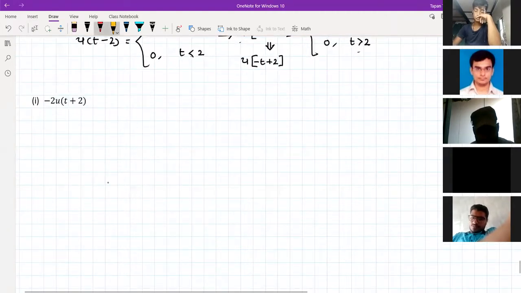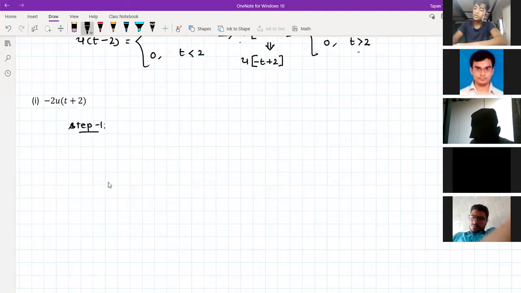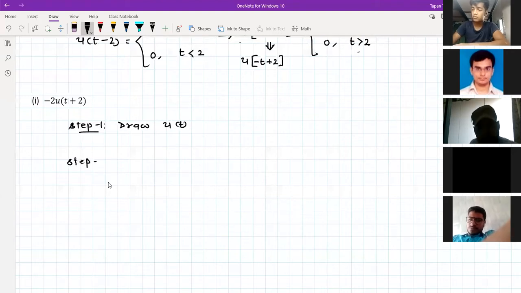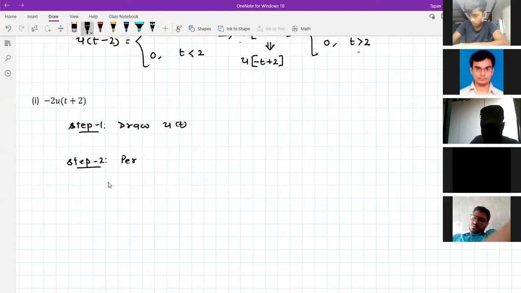So step 1, draw u of t. And step 2 will be perform time shifting